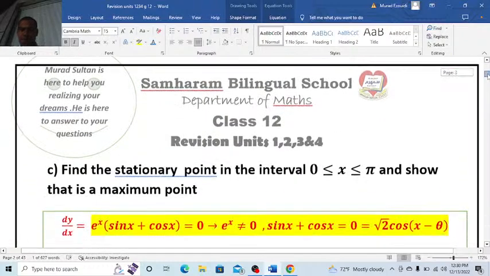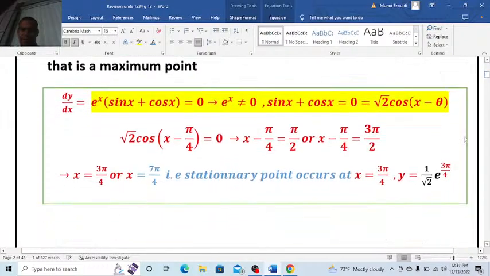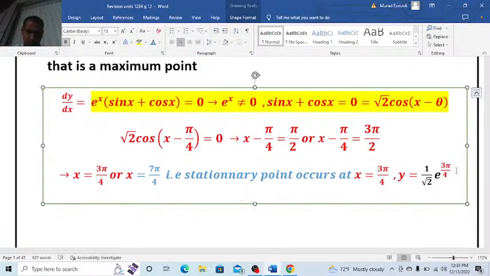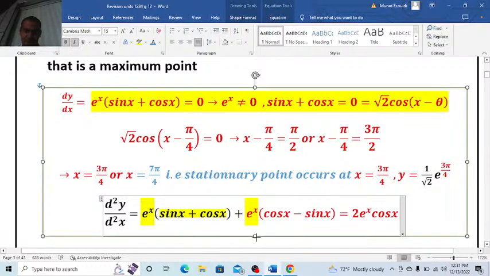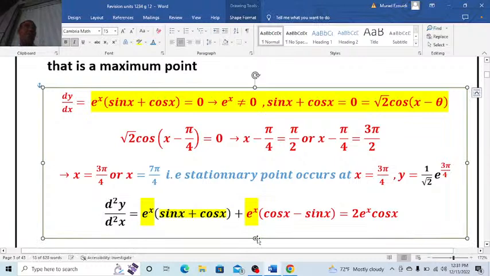Therefore, my learners, to check if it is a minimum or maximum, you should find the value of the second derivative at this stationary point. So d second y with respect to x squared, I'll just substitute